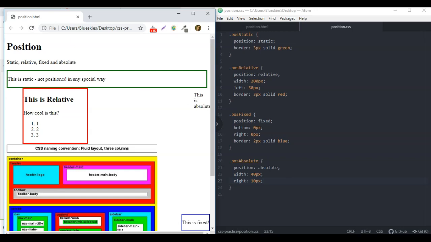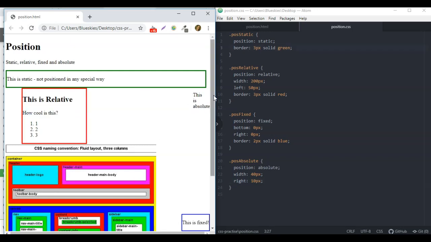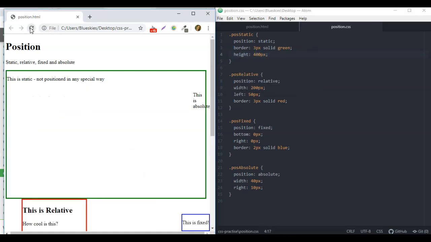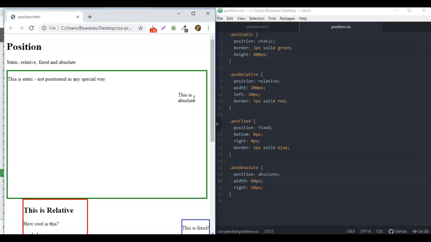you will see, well, it's not very apparent right now, let's make this static box larger. So I'm just going to put in the height as 400px. So this is going to be a bit larger now. And let's increase the width ever so slightly. So that's looking a bit better now. Let's give it a border, 2px, solid, red. You can see that it's now looking nicely on the right hand side. Increase that a bit more